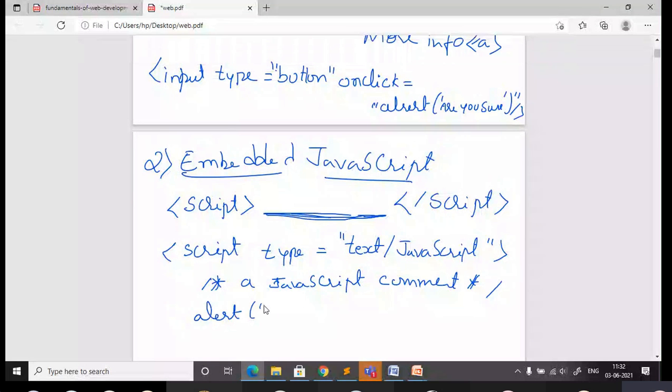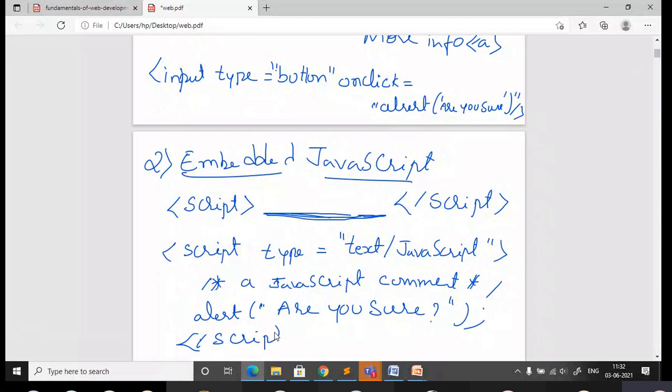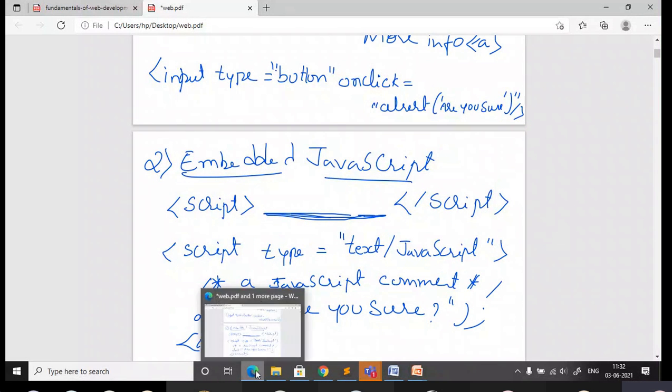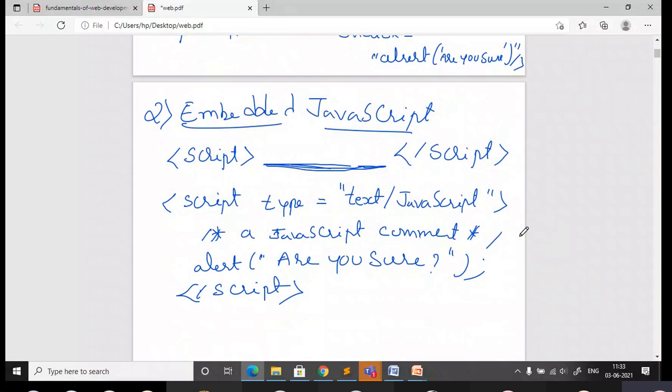You can just give some message here, you can give a warning message, and close the script. So this is how you need to use the embedded JavaScript.